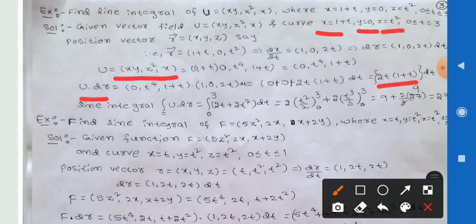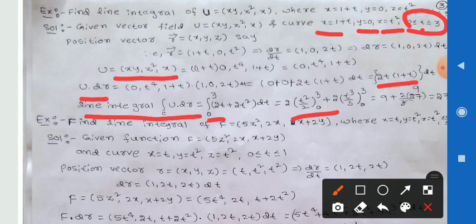By the line integral formula, the integral under the curve of u dot dr is equal to, here the t values lie between 0 to 3. For this I am taking the integration from 0 to 3 and substituting the value 2t(1+t). By multiplying we get (2t + 2t^2) dt. By integration we get t^2 plus 2t^2